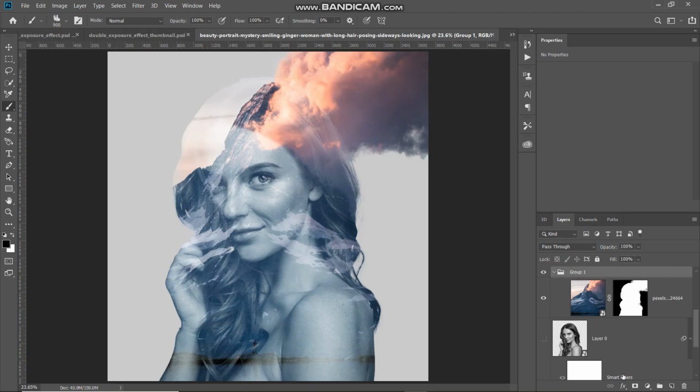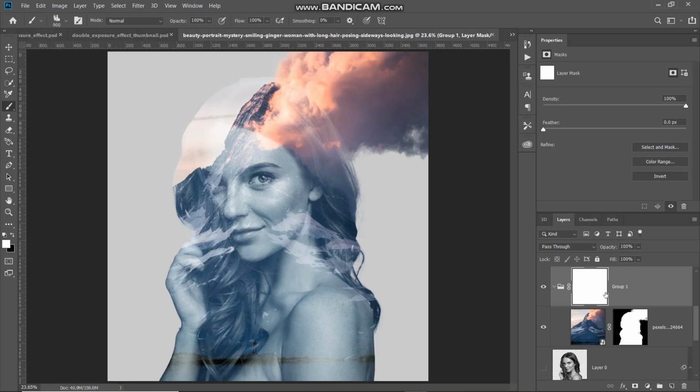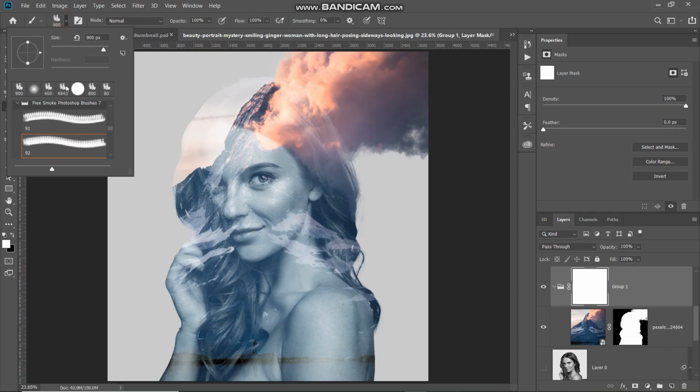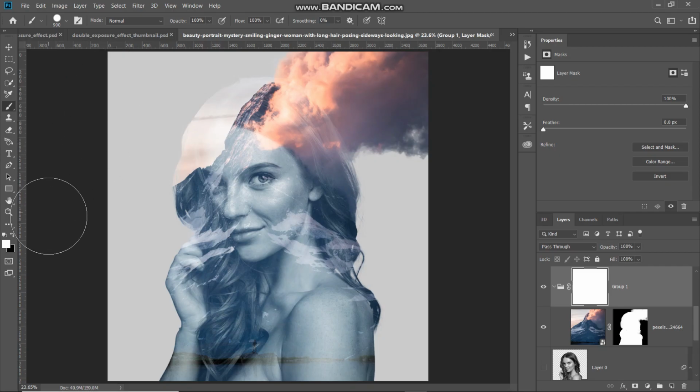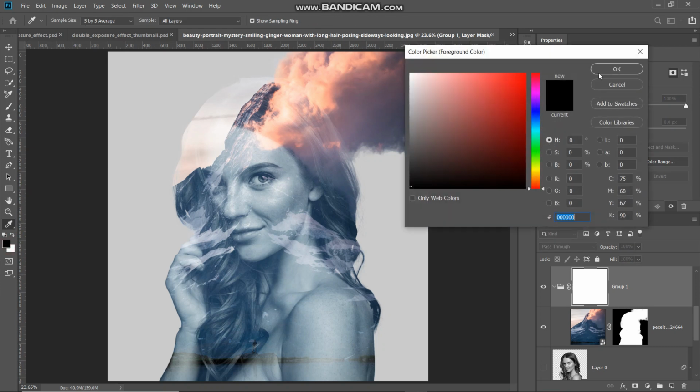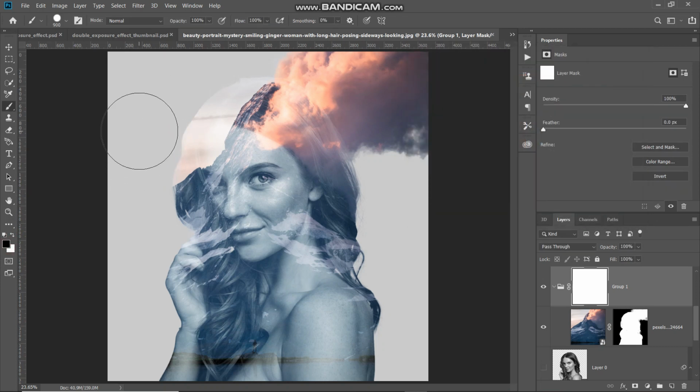After that we need to add a mask onto this group. So for that, click on Add Layer Mask icon. Now using this group mask, we will remove the left portion of the head over here which just contains the sky itself. So for that we need to select the brush tool, and then you can click on the drop down over here and then select the brush as hard round, and then you need to set the foreground color as black, and then using the brush tool you can hover over the areas which you want to remove. So let me just do that. So now as you can see, now it is looking much better.